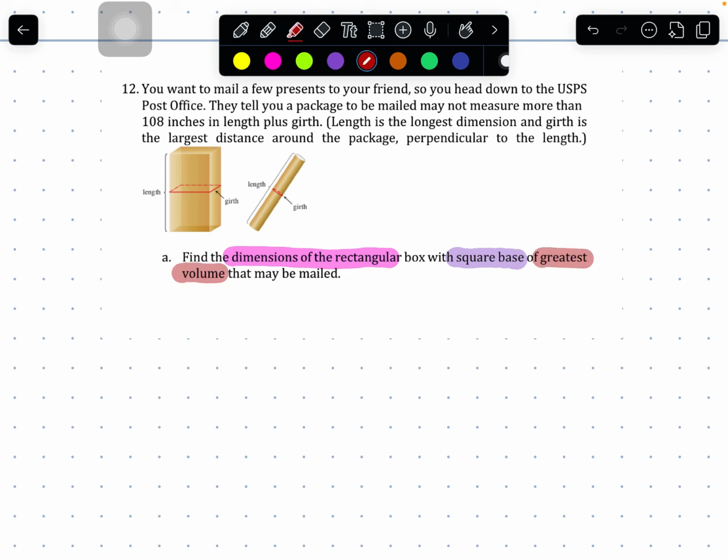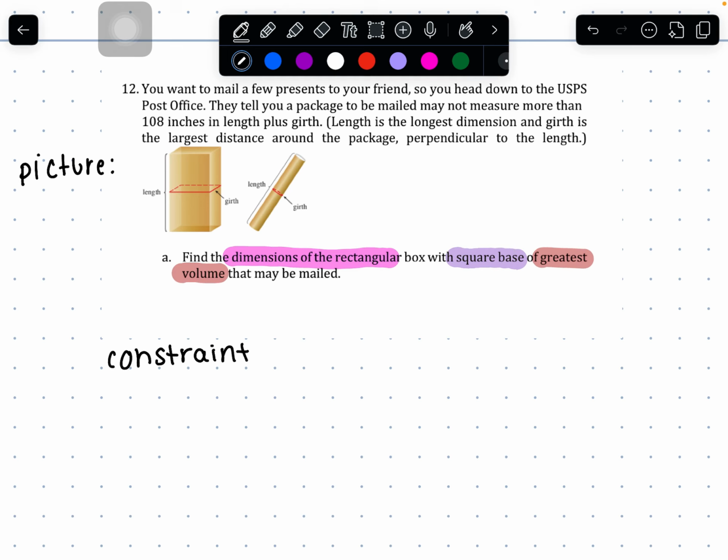Okay. So step one is usually to draw a picture. You might be asked to draw a picture on the exam. The picture is just to make your life a little bit easier to visualize what's going on. We're already given the picture, so we don't have to worry about that. Once you have something to work with, you want to get your first equation on the board, which is going